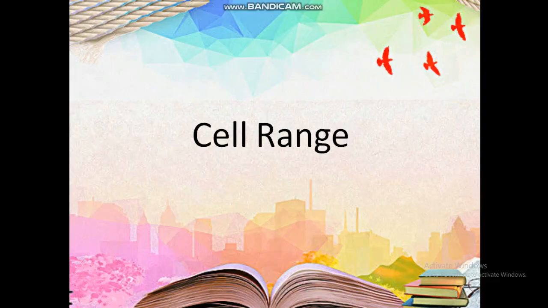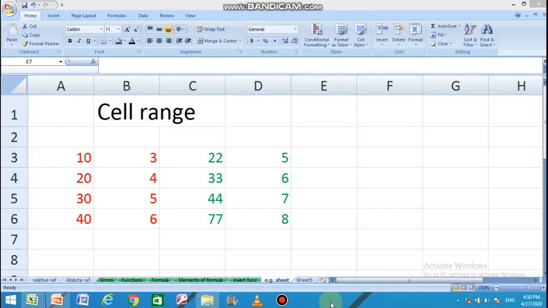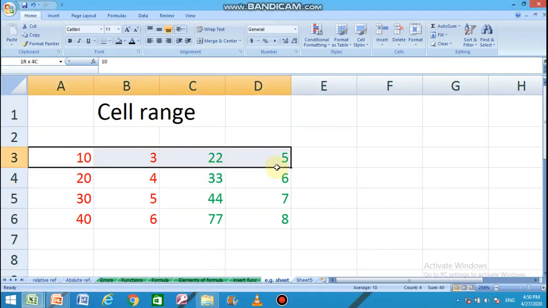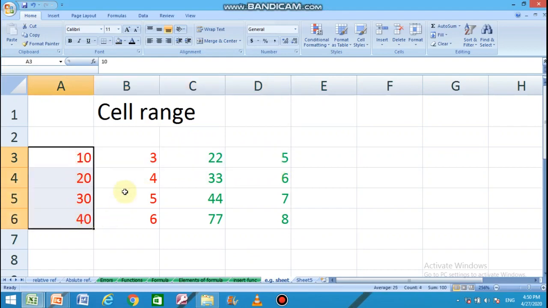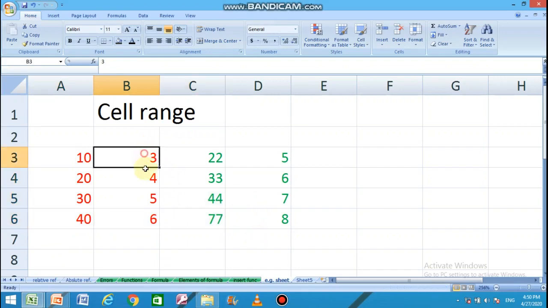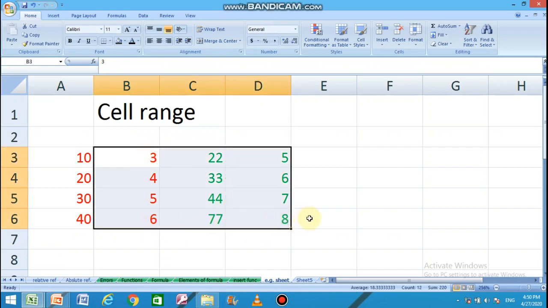Cell range. My dear students, a cell range is a group of contiguous cells. Cells which are in continuation, like this or like this, like this, like this.